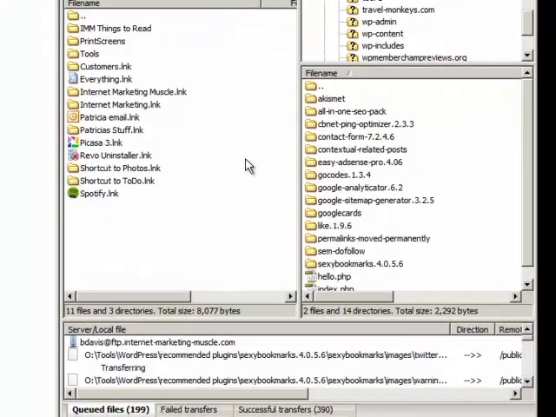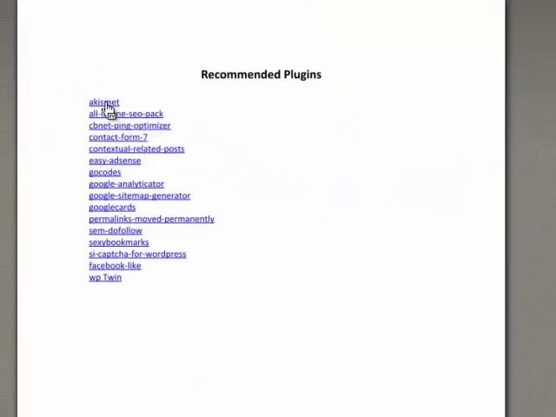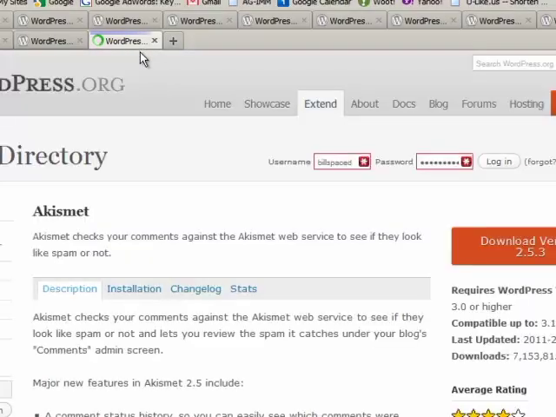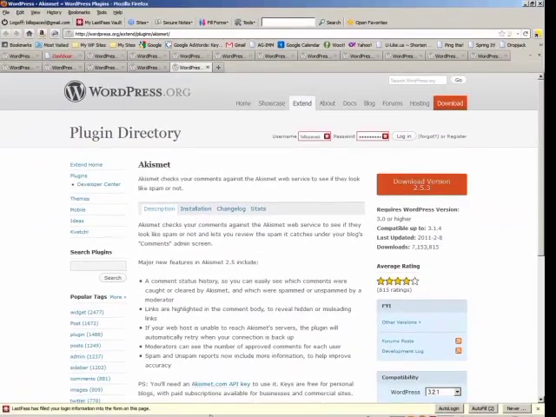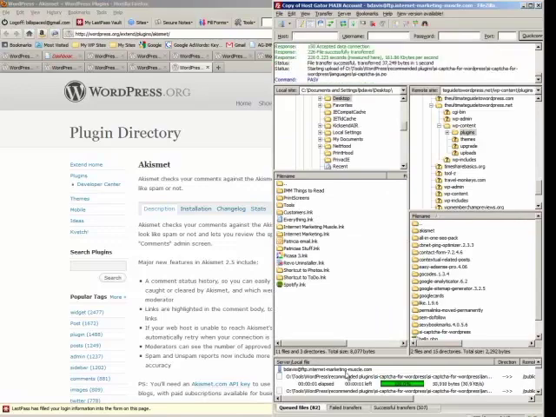So as we're uploading files, you can see that we're down to around 200 files left. But I want to mention a few benefits of doing it this way. Number one, when you access these recommended plugins via this list right here, and you click on them, you're going to get the latest, most up-to-date version. That's benefit number one. Benefit number two is you can